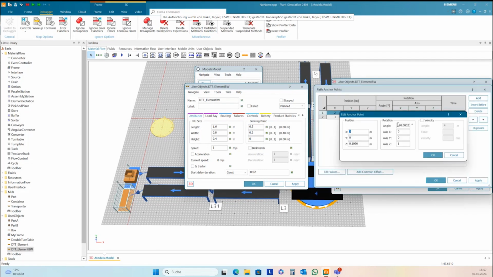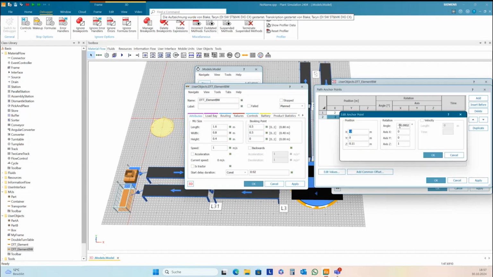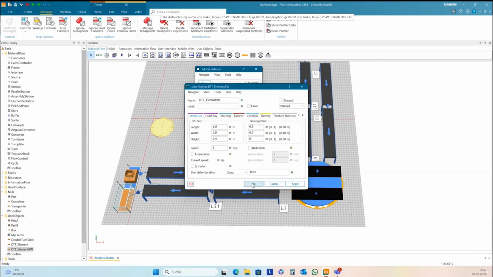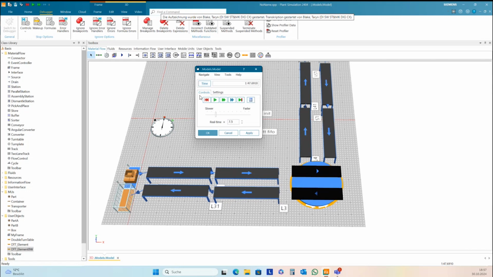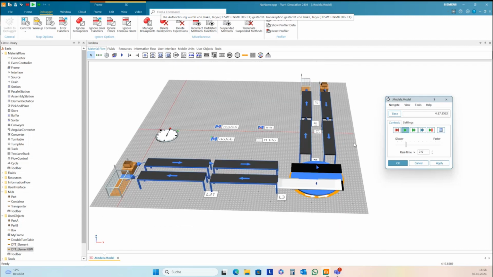No idea why here it is 90 degrees. Okay, so now it's running. Time is almost over.